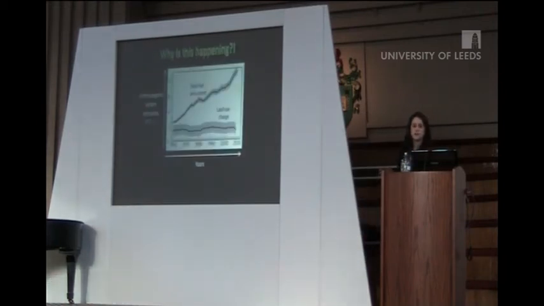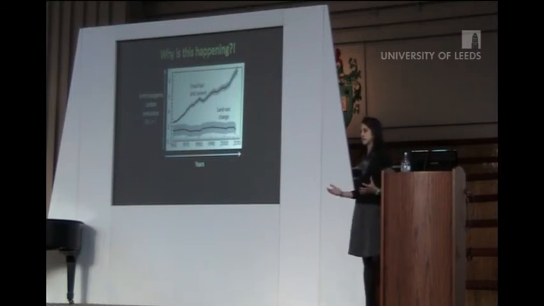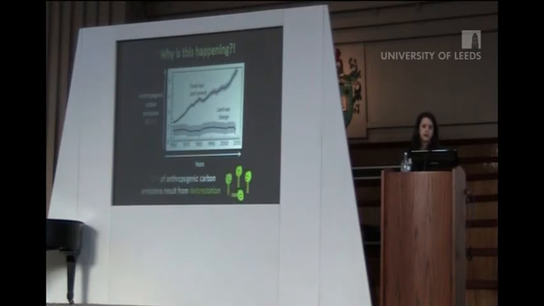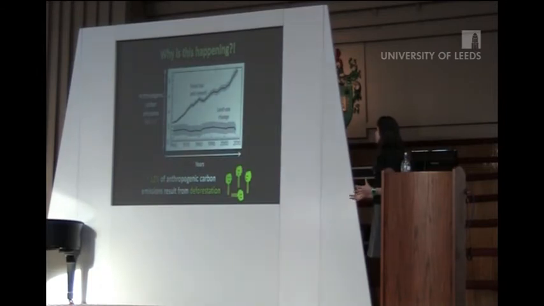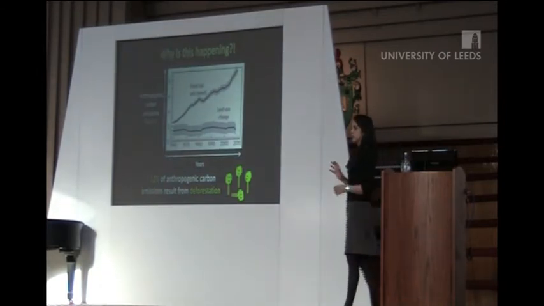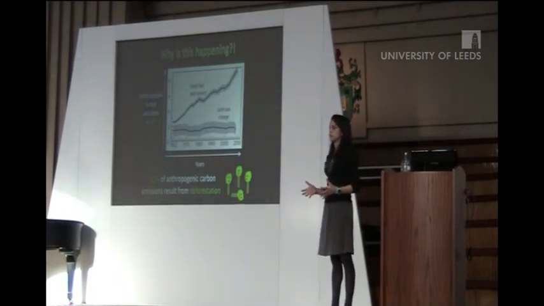So we know that this is happening because we've increased the concentration of greenhouse gases in the atmosphere. And that occurs predominantly through our emissions of carbon from fossil fuel combustion. But there's also another way that carbon gets into the atmosphere, and that's from this thing called land use change, which is predominantly the deforestation of tropical regions. And so the amount of carbon emitted into the atmosphere from fossil fuel combustion is still increasing, but there's also a significant component as well from deforestation. And estimates at the moment suggest that about 12% of total carbon emissions from human activities are actually coming from deforestation.